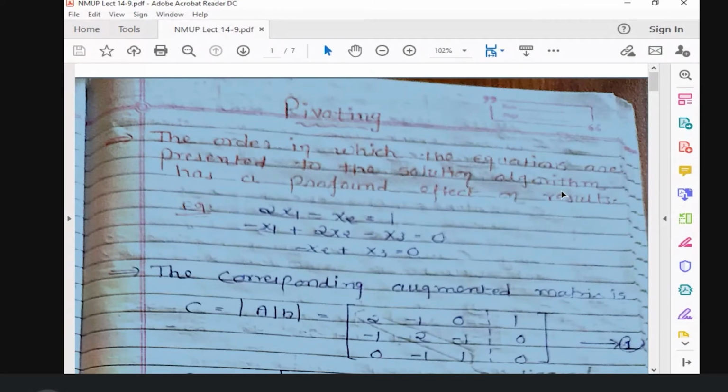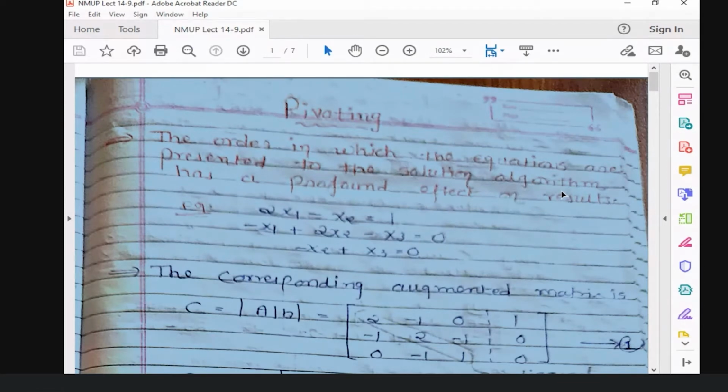So in pivoting, what do you mean by this? Pivot is one value. You have already studied it in the data structure subject, in the quick sort algorithm, right? In that we take one word, pivot. So what is the pivot? The value that we consider, and with the help of that, we follow the steps in our algorithm and find out the exact solution, right? The same thing that we are applying with these direct methods.